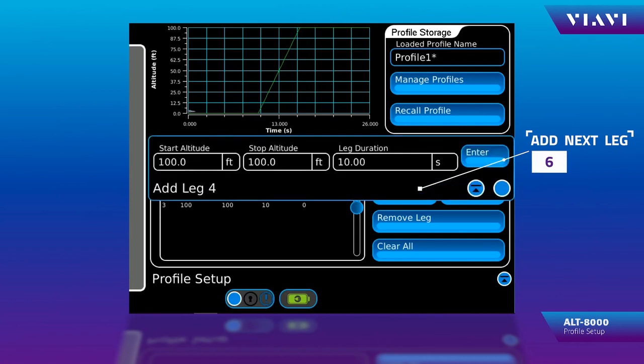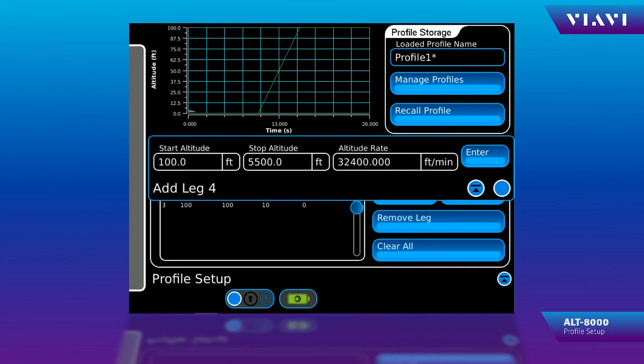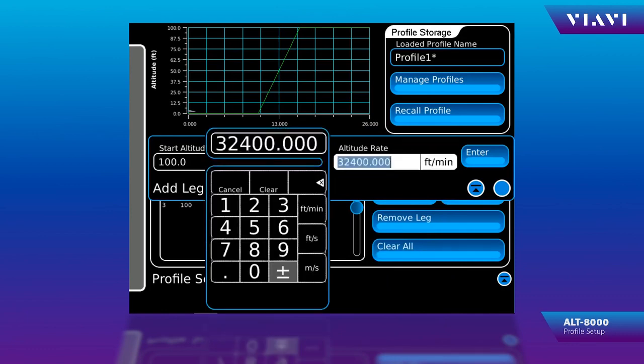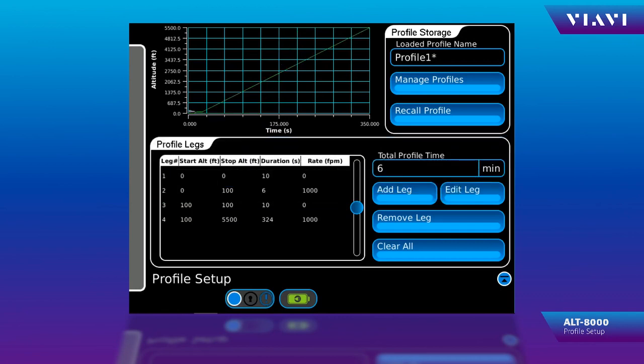Select the add leg. I want to start at 100 feet, and I want to climb to 500 feet, at an altitude rate of 1,000 feet per minute. Press the enter button to enter that leg of the profile.